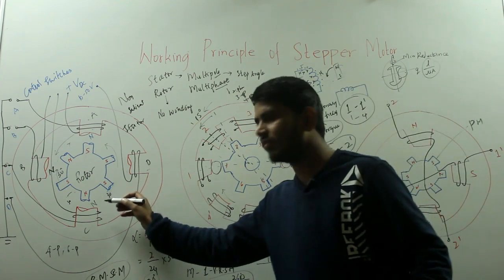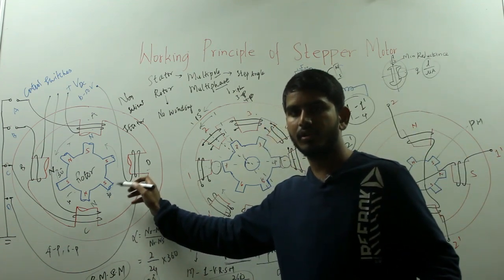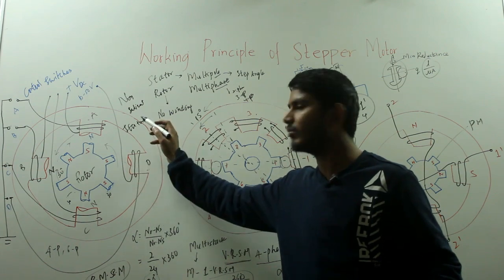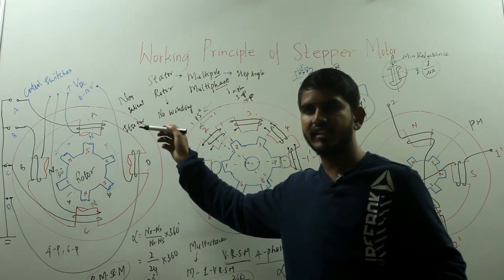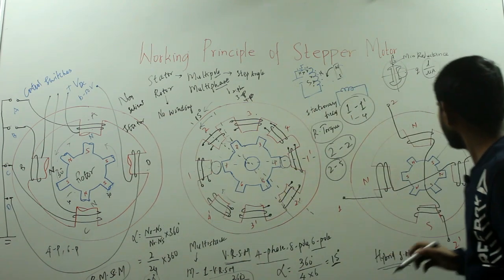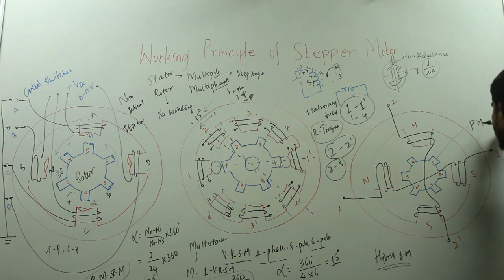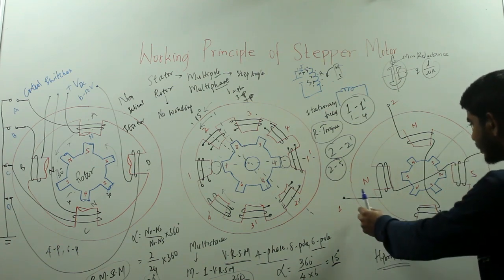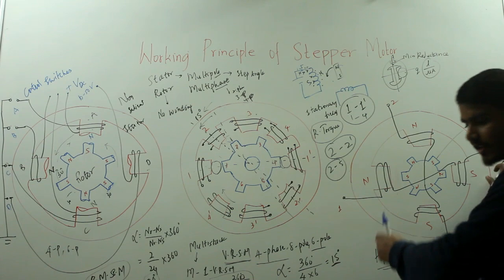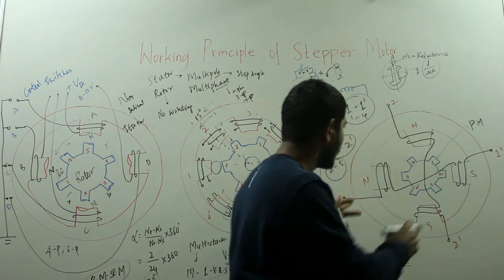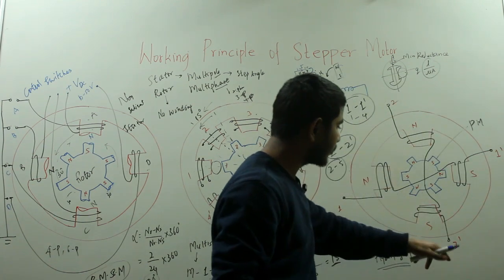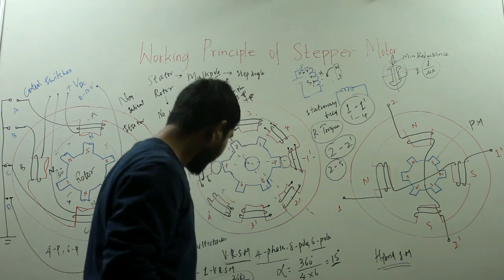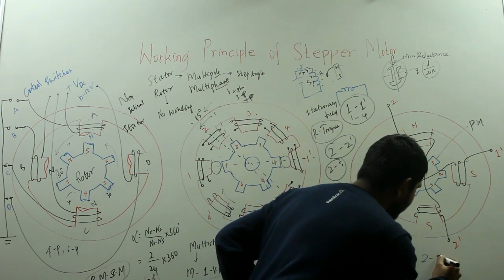Here the rotor can be with a tooth or non-tooth. That means we have said that it can be a salient pole or it can be a non-salient pole. So here it is a permanent magnet with a toothed structure, and you can see there is phase 1, 1 dash, and phase 2, 2 dash. So there are two phases here. This is a 2 phase